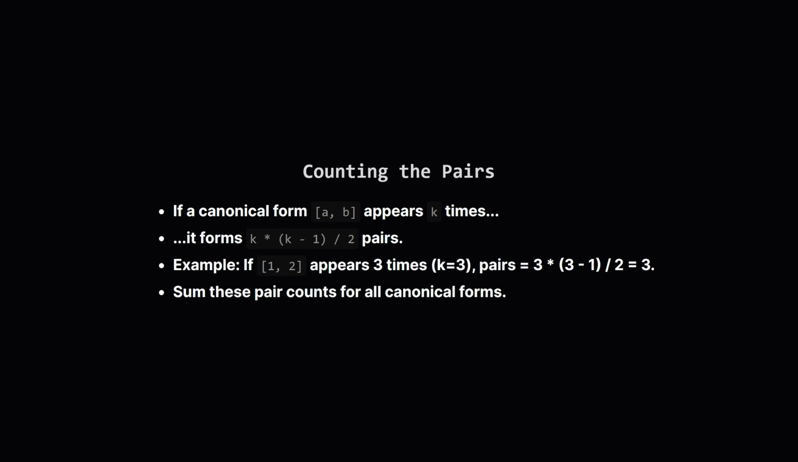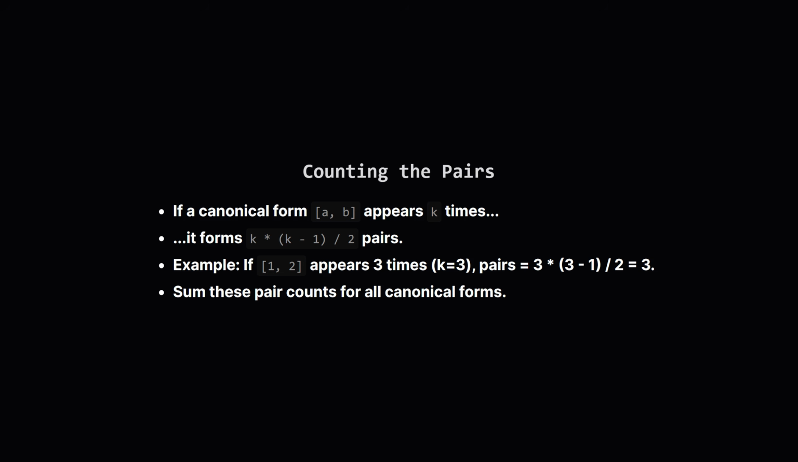If it appears 4 times, you can match the first with the second, third, and fourth, 3 pairs, the second with the third and fourth, 2 pairs, and the third with the fourth, 1 pair, which is 3 plus 2 plus 1 equals 6 pairs. There's a formula for this. It's k choose 2, which calculates to